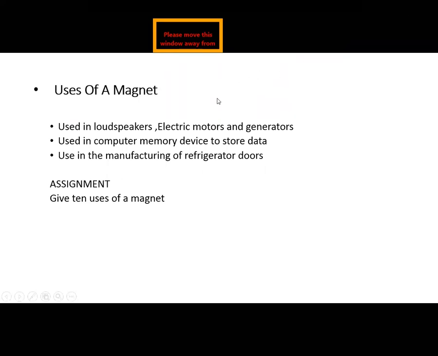For the rotating part to rotate, for example, when you go to the market where they used to sharpen cutlasses and things, the place that used to turn, we call that the rotor. For it to turn very well is based on the mechanism of magnetism. And the opposite of a motor is a generator. So if magnetism is used to generate magnetic flux, which helps the rotor to rotate,